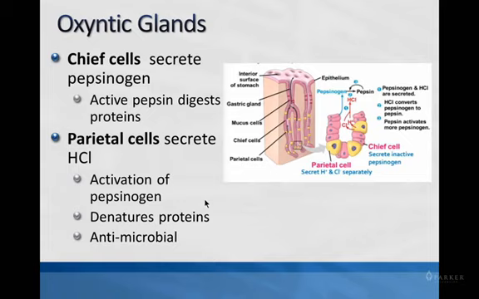Well, what activates pepsin? Because the chief cells secrete pepsinogen, which is not active. Well, to start it becoming active, you need hydrochloric acid that's secreted by parietal cells. Now, parietal cells will secrete hydrochloric acid, and we'll be looking at a little bit later, not today, how you make hydrochloric acid, because the parietal cells don't store hydrochloric acid. The hydrogen ions and the chloride are secreted actually separately,